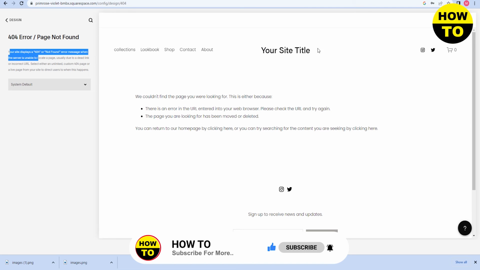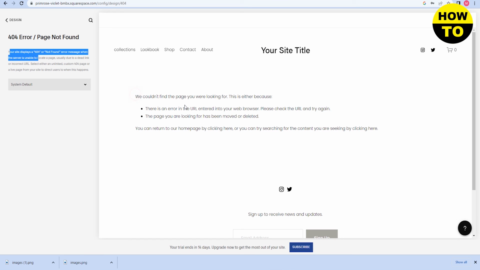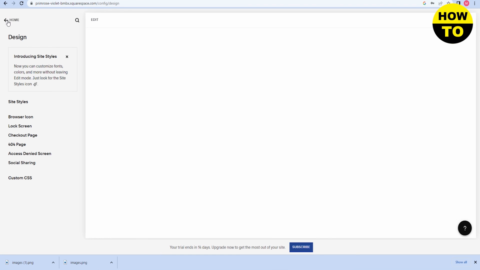Your site title will appear here, and under this you can see this error will appear. So this is the system default, you don't need to add a 404 page in Squarespace. So in this way you can easily add a 404 page in